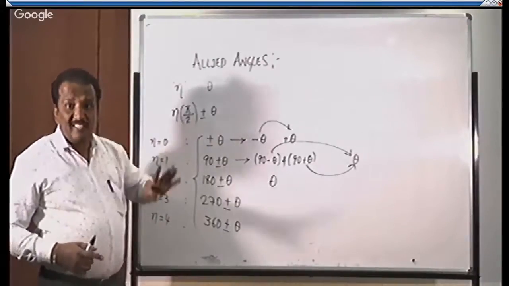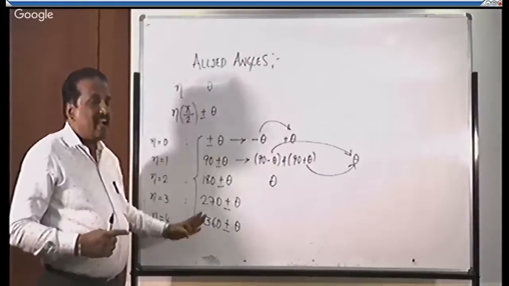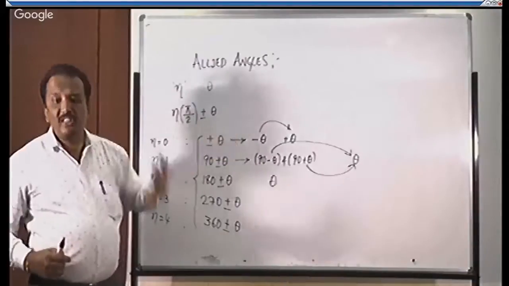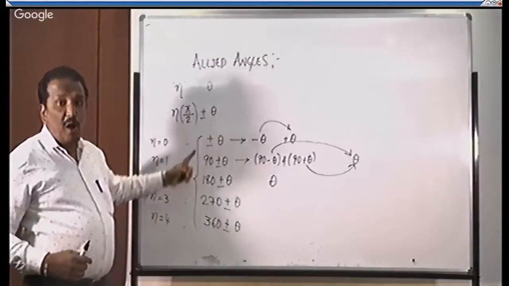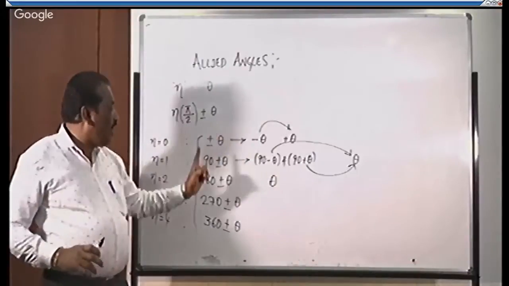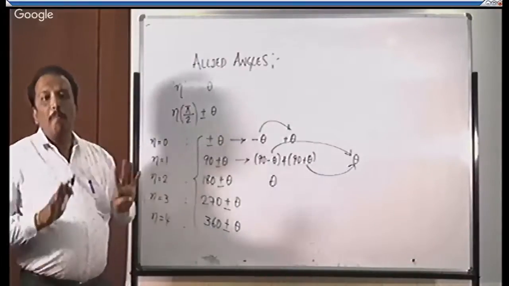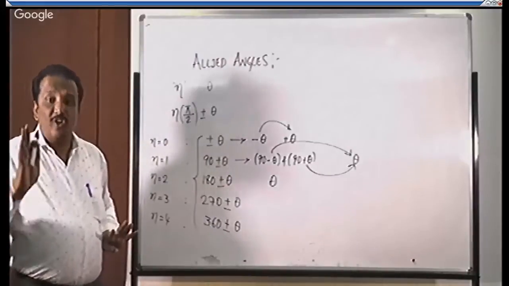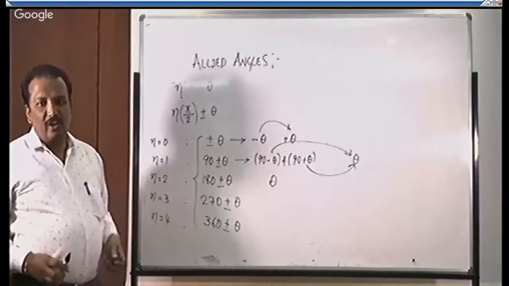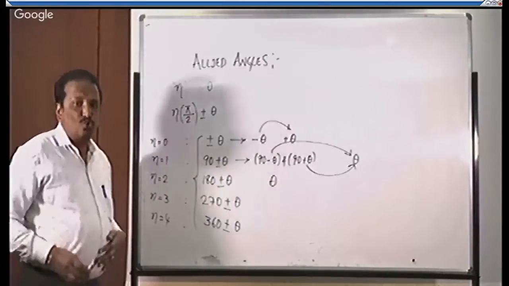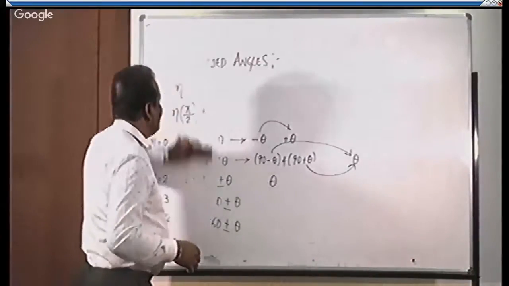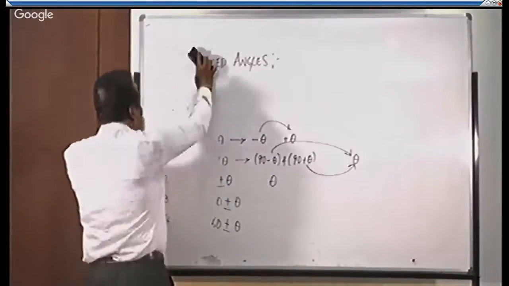So in all the cases, our intention is how all these angles are related to theta, how they are allied to theta. These appear further in the form of a formula. By hook or crook, every student should remember this concept. If you are unable to follow this concept, the rest of the syllabus may not be so easy for you. Now let us try to connect all these angles to our original angle theta.